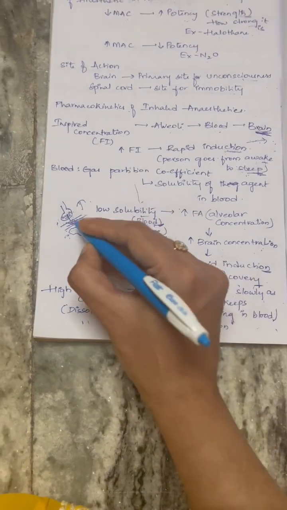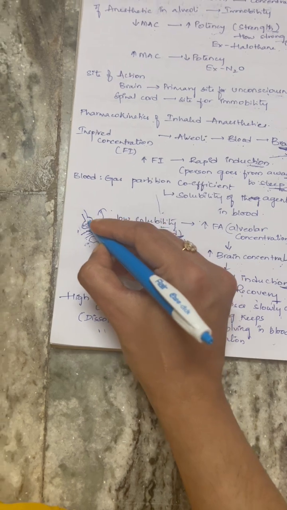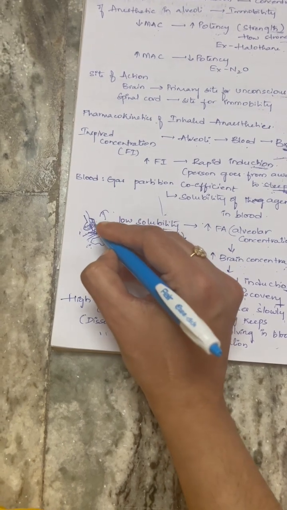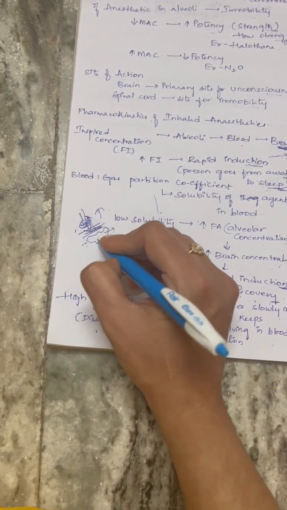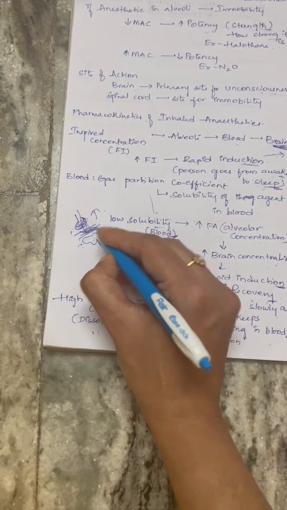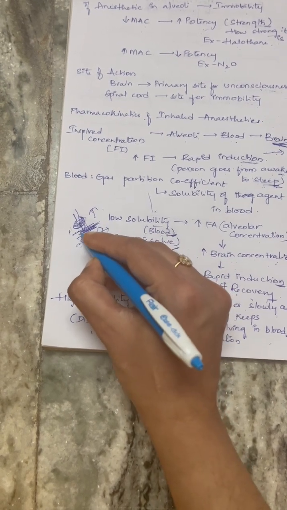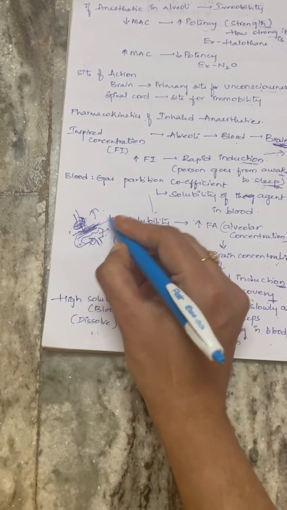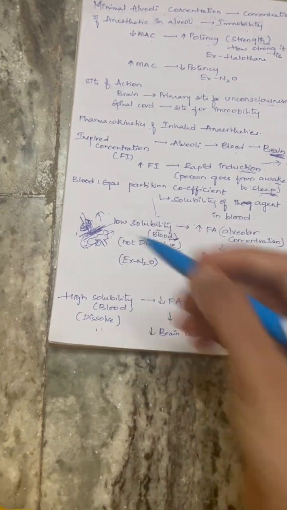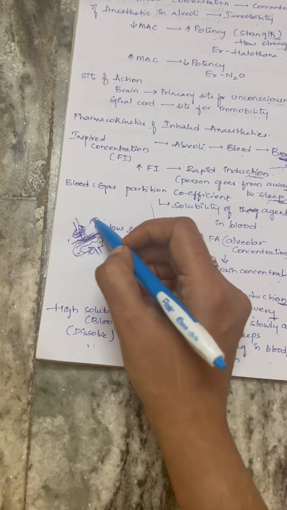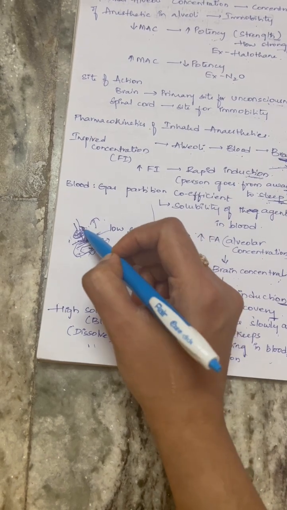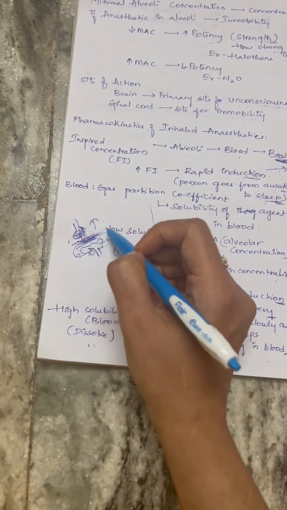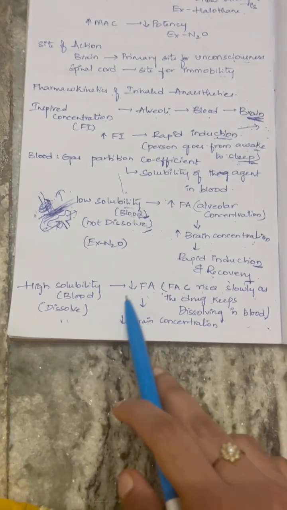As it dissolves into the blood very fast, it has to take more of the drug, and less will be available in the alveoli. And as it's dissolving more into the blood, it has less way to go to the brain, because it is just dissolving into the blood. So you need more and more of it, and the concentration will be very low either way, in the alveoli and in the brain, just because it is easily dissolving into the blood. So that's what it's trying to say.